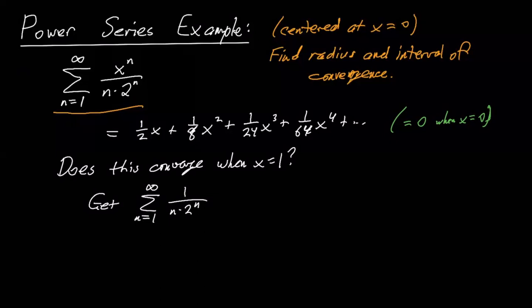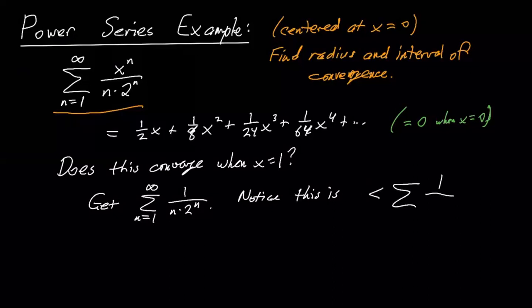It may not be obvious, but you could even just immediately do a comparison. There are different ways to approach this. We could use the ratio test, because we saw a very similar example. I think the n was on top. We had n over 2 to the n, and we did the ratio test on that. But you can notice that this is less than, I claim, strictly less than